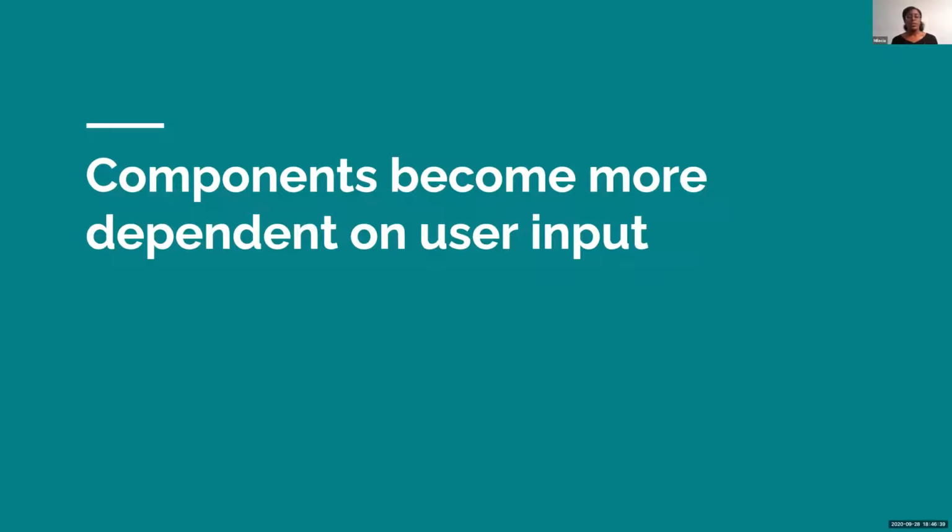And then again, components just become more dependent on user input. Sometimes there's no way around it. We can't hard code all the values, or else there would be no point of calling it an SPA. It would just be a static page. But as components become more dependent on our users, we have to also make sure that we validate the inputs,